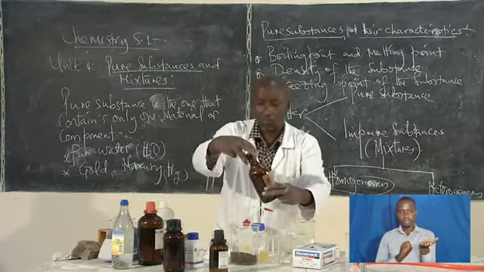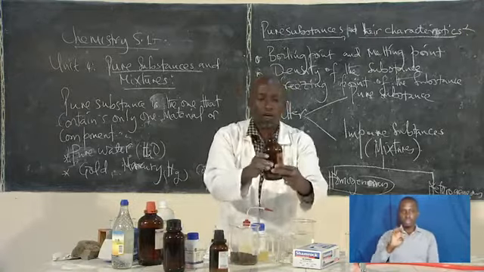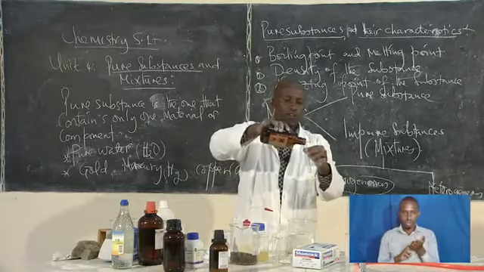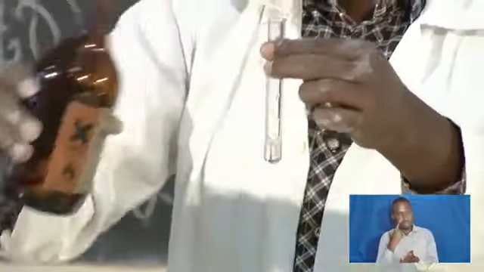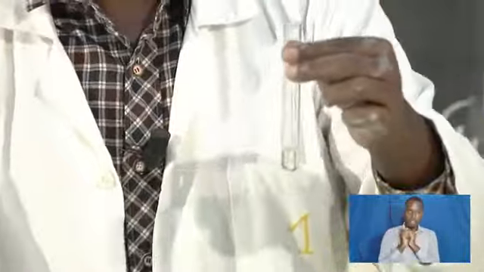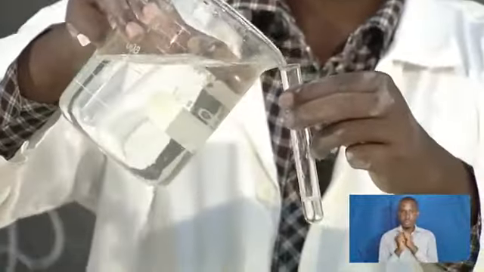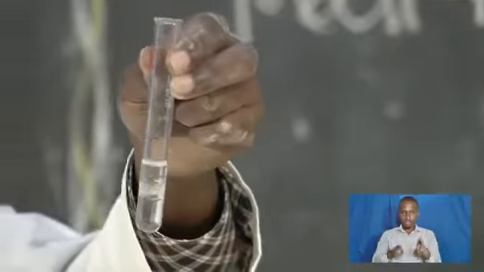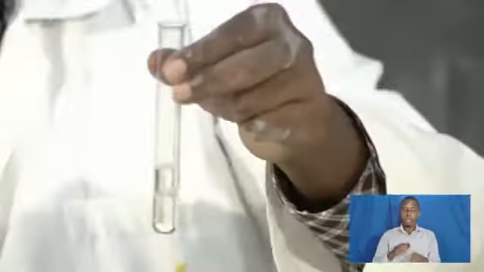So we have, this is methyl benzene. Methyl benzene is also an organic solvent. We can use it to see whether it mixes with water, whether it is heterogeneous or homogeneous. So with water, we add water as well. We can even shake and then see what happens. So you see, as you shake, there will be layers trying to separate. You see?